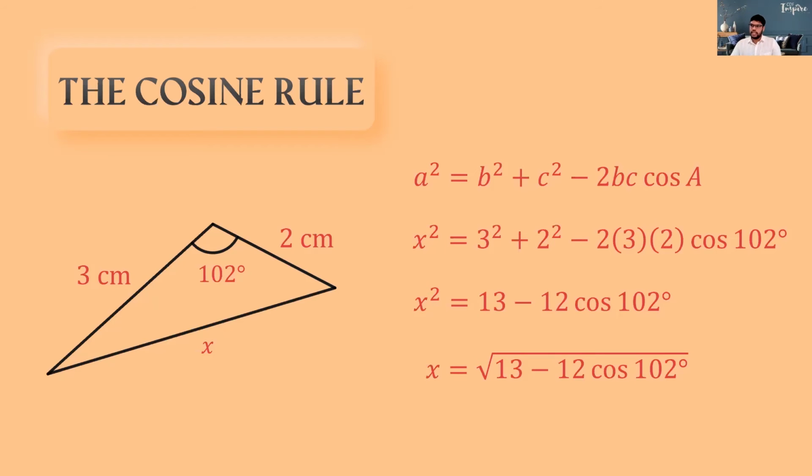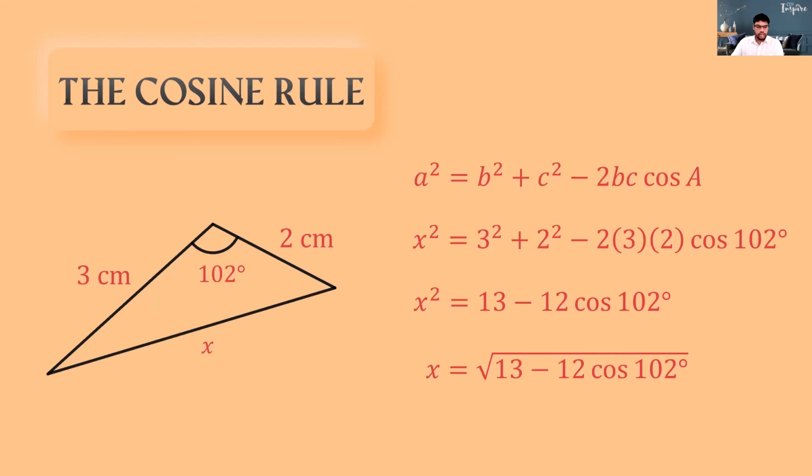Your answer is not correct. Could you recheck whether you've typed it properly? It should look like this. Yes, some calculators you can't put that long square root because you have to put it within brackets. That must be the reason. When you put the square root, on some calculators you have to put the square root, then open a bracket, then put 13 minus 12 cos 102 and close the bracket. So Anne says her calculator is different.